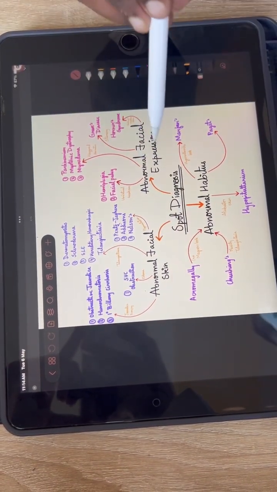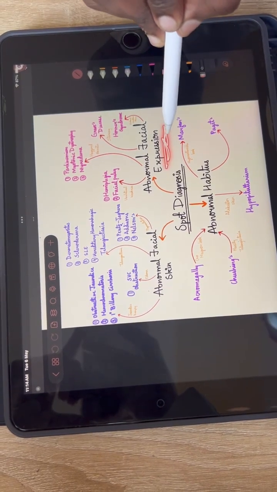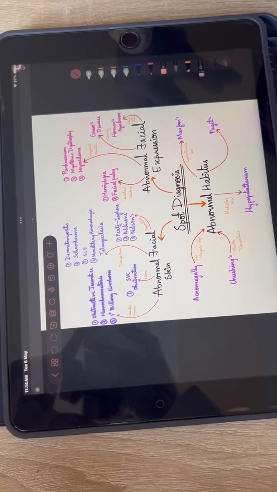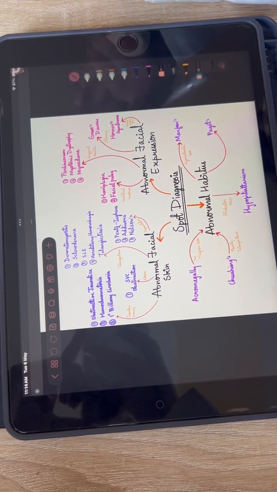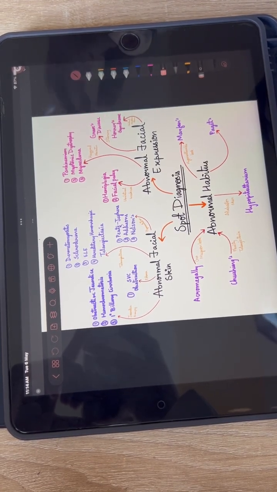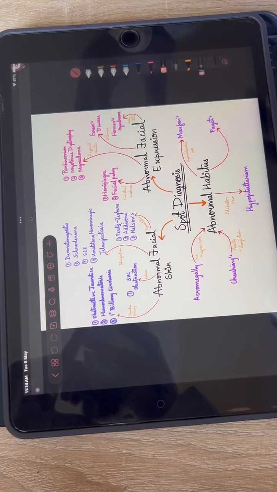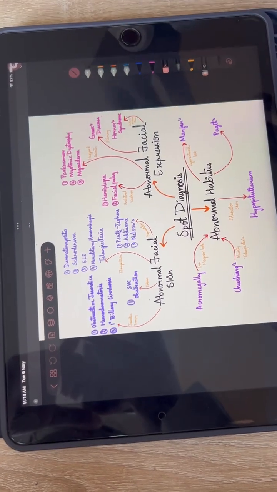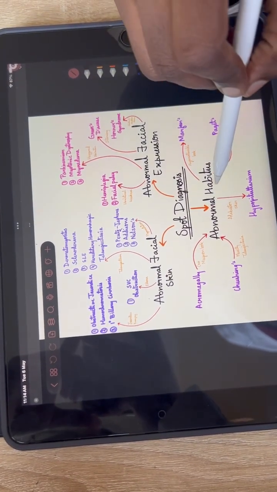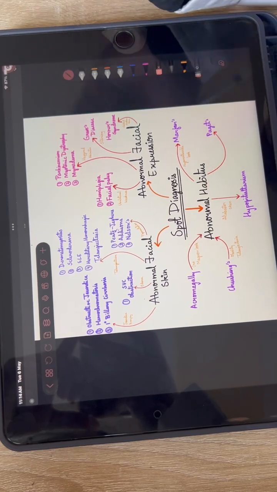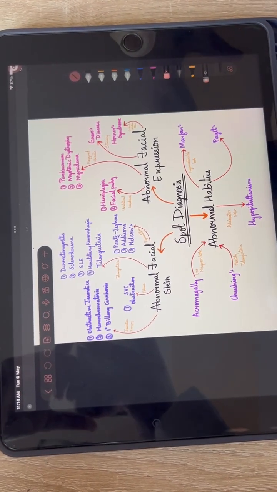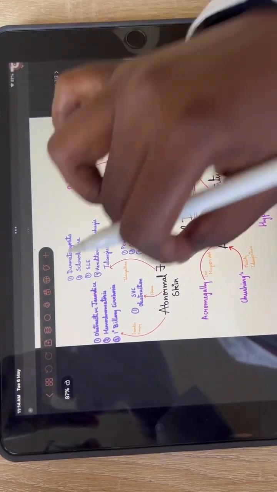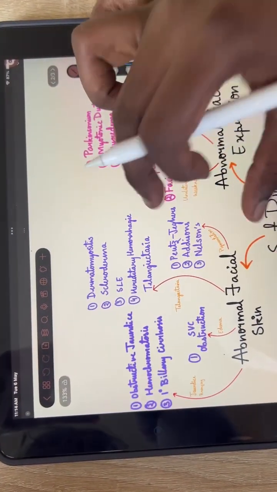And we might also see the expressions they are giving when we are talking, and whether they have a definite consciousness about the surroundings and about what they are talking about. And then we also have the habitus, that is the general makeup of their face, and how their face is looking. So let's move on with the abnormal facial skin.